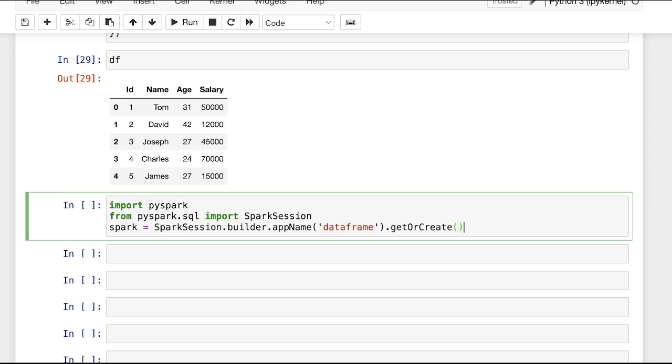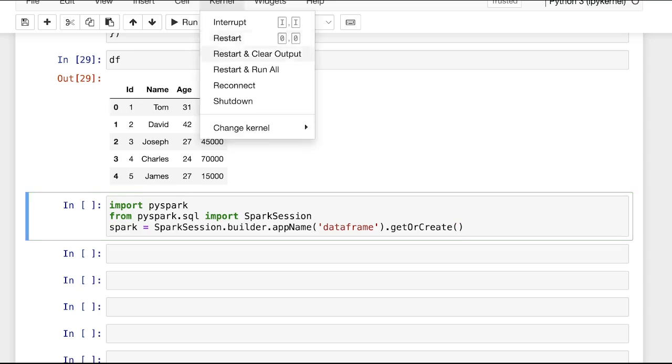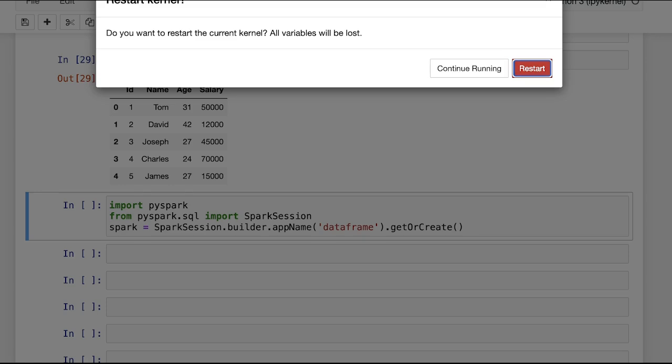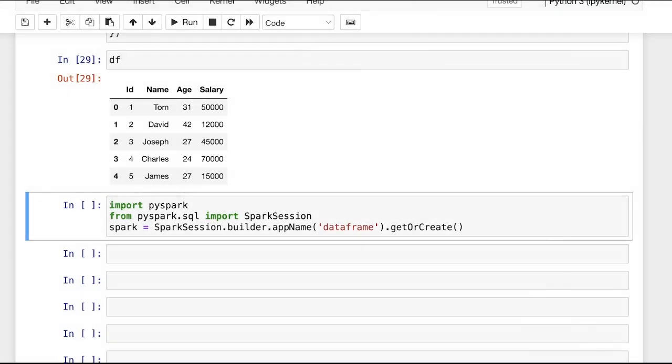So this is how you load the Spark session. If you want to know more about it, watch my first video. Let me restart the kernel, because you cannot have multiple Spark sessions in a single file. If you want to start a new Spark session, you need to terminate the existing one.